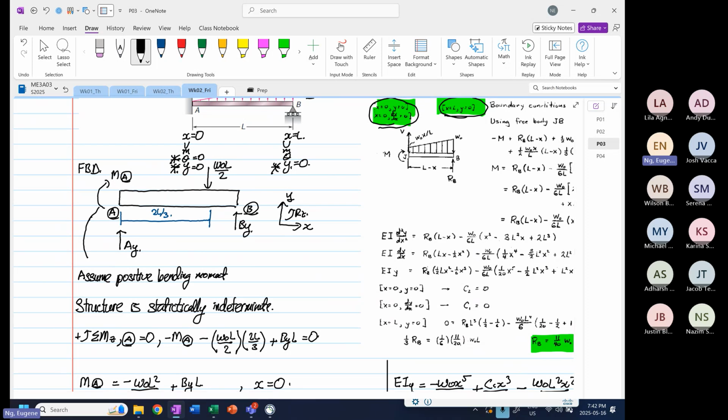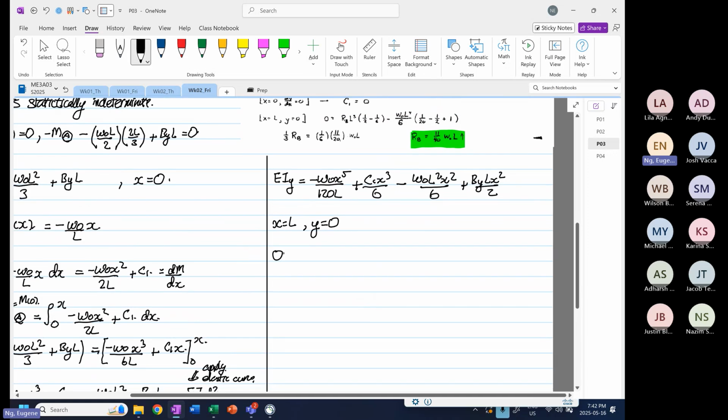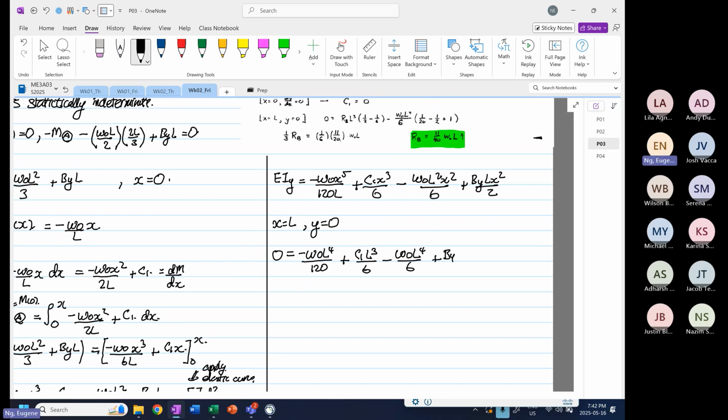Sorry, x equal to L, y equal to 0. So this side will be equal to 0. And this will be minus omega naught L⁴ over 120 plus C1 L cubed over 6 minus omega naught L⁴ over 6 plus B_y L cubed over 2. Okay. So when you put in the boundary condition, remember we are trying to solve